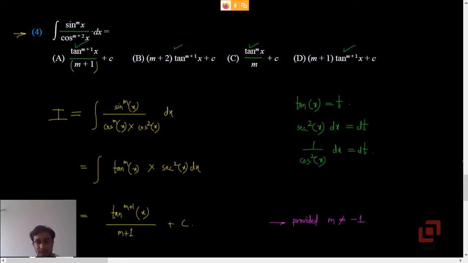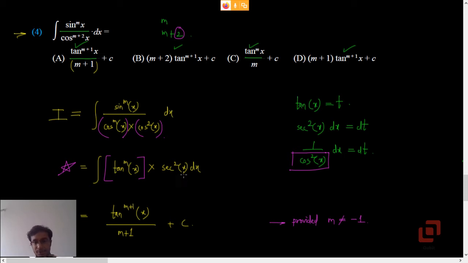Yes. Now the other indicator is the power in the denominator, or the power of cos x in the denominator is m plus 2, whereas the power of sin in the numerator is simply m. So we have two additional powers of cos in the denominator, and you can make use of those additional powers, okay, for the substitution. So that is what you can see I have done in this second step. First, I wrote cos of x raised to m plus 2 as cos of x raised to m into cos squared x. Okay, then sin upon cos was tan into sec squared x.